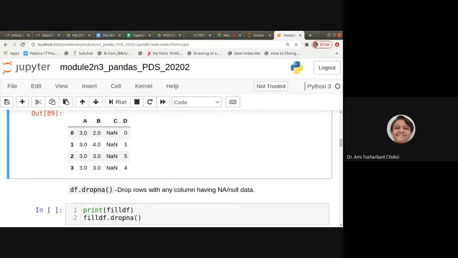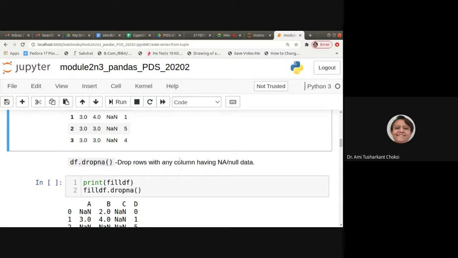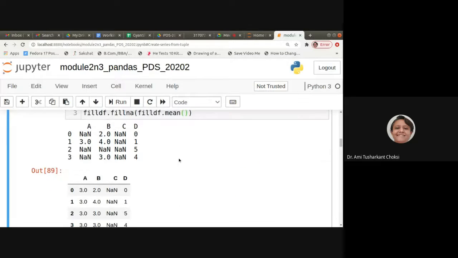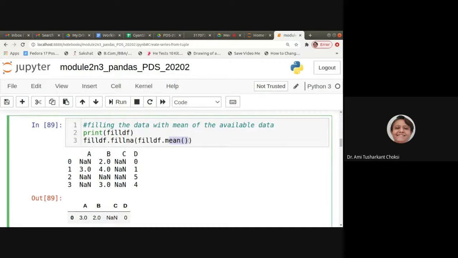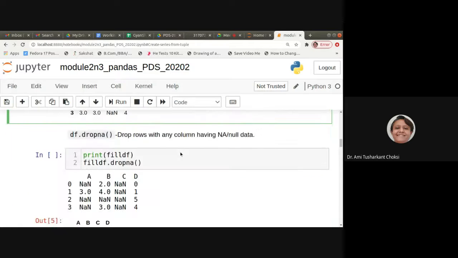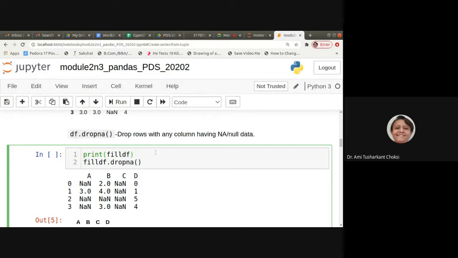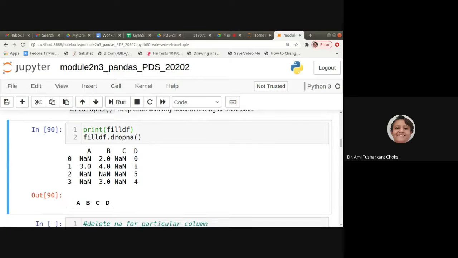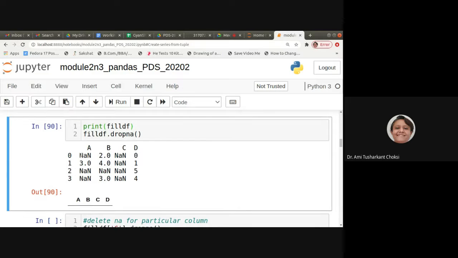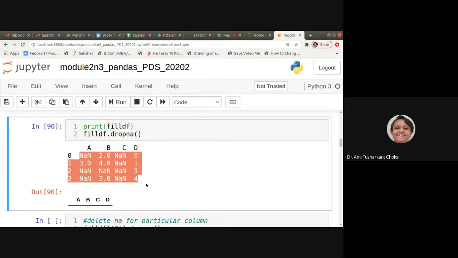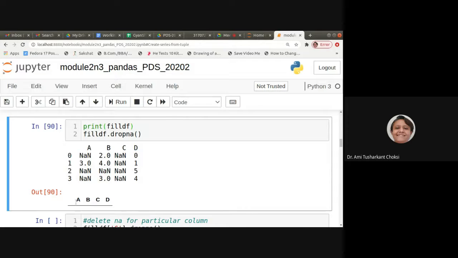We can say we'll be using median, then whatever is the frequent value that we can put here, whatever is the function you are using, that way it will fill the value, right? If we want to drop the NA values, we can be using df.dropna(), right? So what will be that? You can say in each and every row we are having the NaN value. So it will remove all the rows, fine?